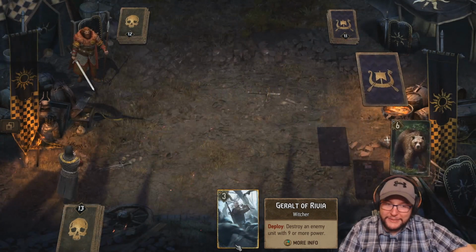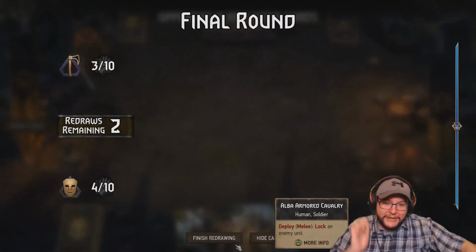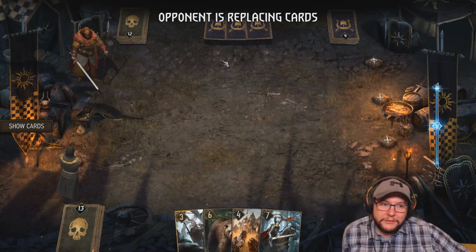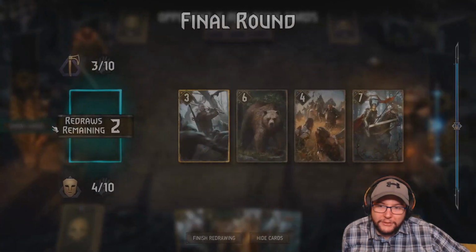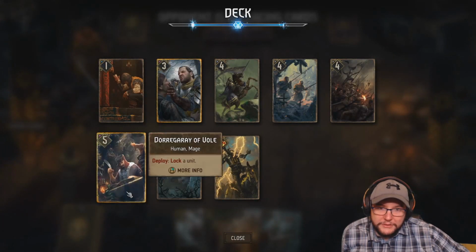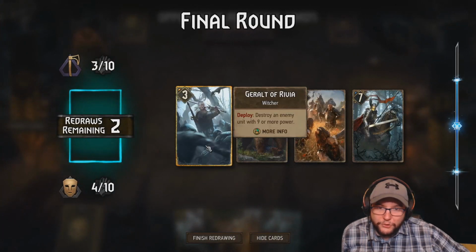Having these cards seems a bit dangerous. If he was playing Northern Realms that boost themselves a lot, then maybe he would have had more value. I can't remember what the Skellige have. I don't think he's going to get many cards that go that high. What have I got left? Some nice ones here. I will use my redraw on him. Let's hope I don't...